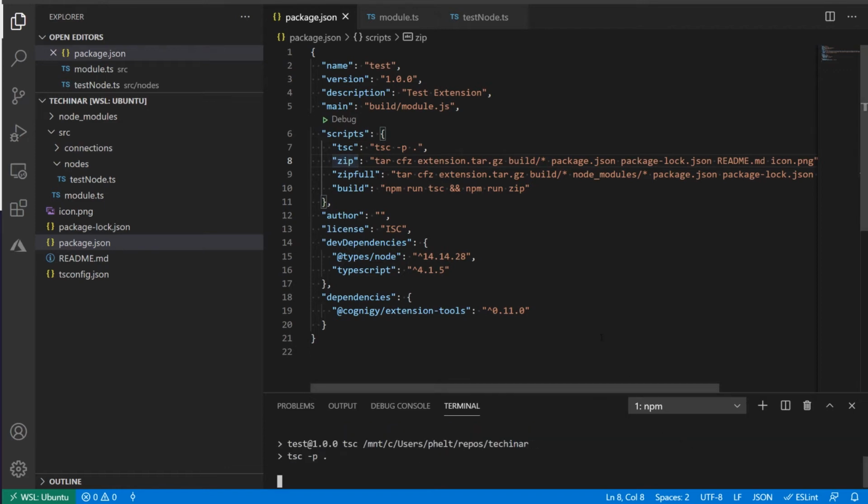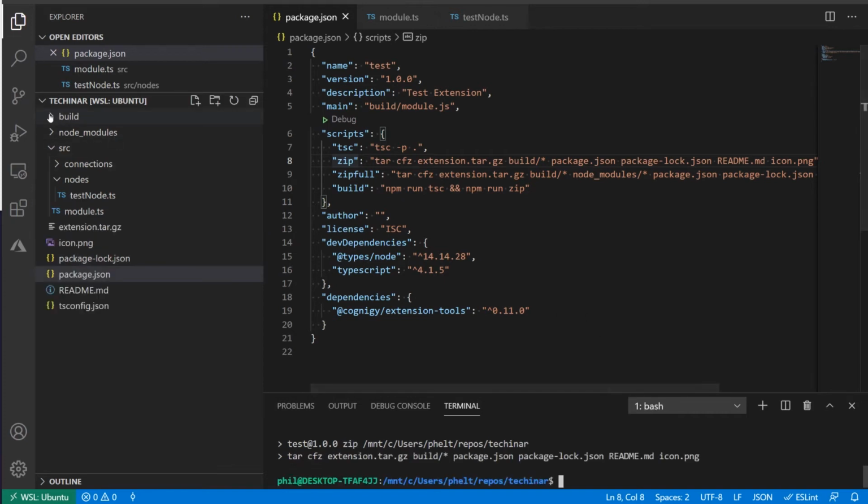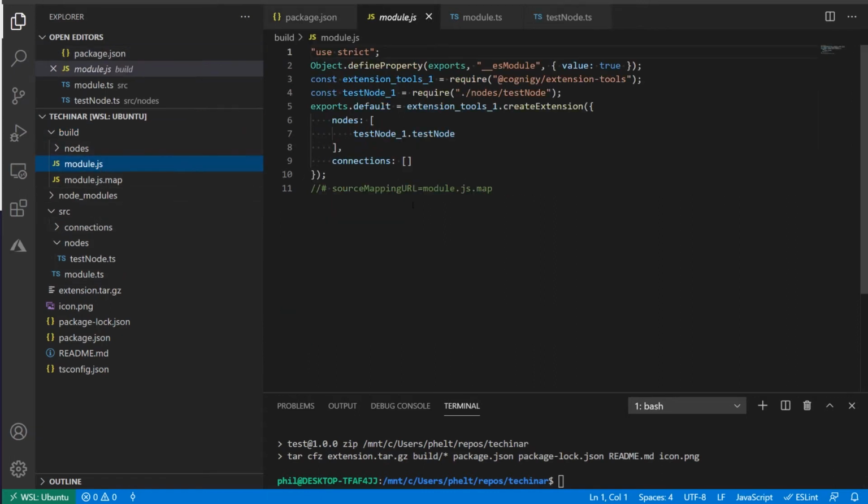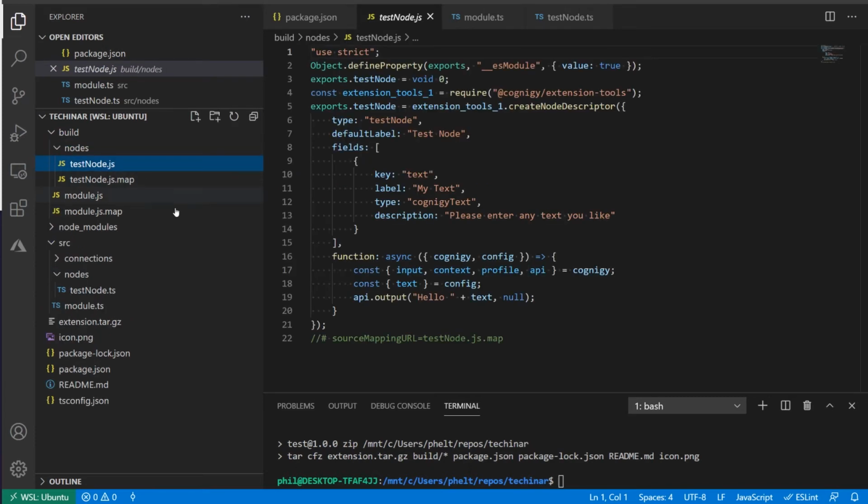You can see we're transpiling, and then we are going to zip, and then we will have that file in. If we look into the transpiled code, you can see the transpiled code is actually very similar. We have the module JS now in this case, and we have the node. So you can just use JavaScript, then you don't need to do this transpiling step.